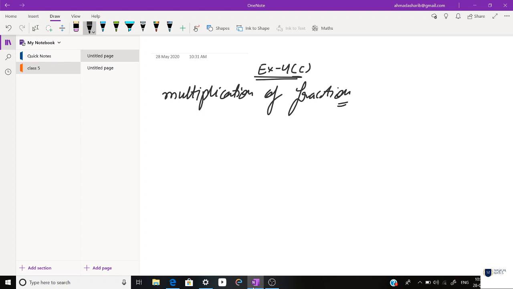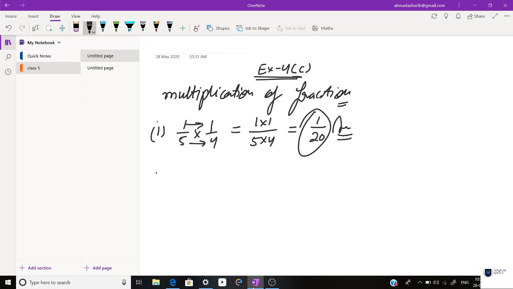I would like to first start with question number 1. The question is 1 upon 5 into 1 upon 4. Beta, if you want to multiply these fractions, the simplest method is just to multiply numerator with numerator and denominator with denominator. 1 into 1 and 5 into 4. So 1 into 1 is 1 and 5 into 4 is 20. So 1 upon 20, this is the answer. In the same way,